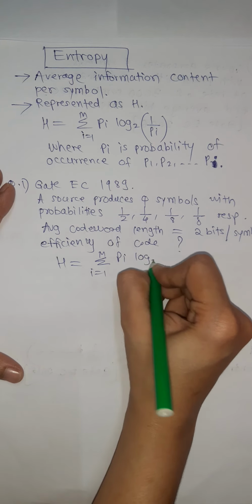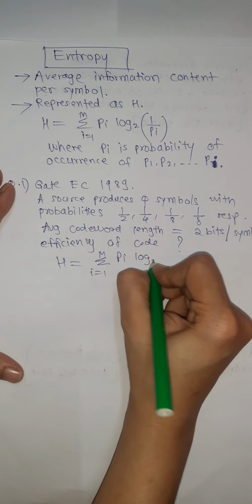Now the next question was asked in GATE EC 2006. Source generates 3 symbols with probability 0.25, 0.25, 0.5 at a rate of 3000 symbols per second. Then find average bit rate. So here first of all we will find what is average bit rate. Average bit rate, capital R, is given as small r into entropy, where small r here is 3000. So 3000 into entropy will give us average bit rate.